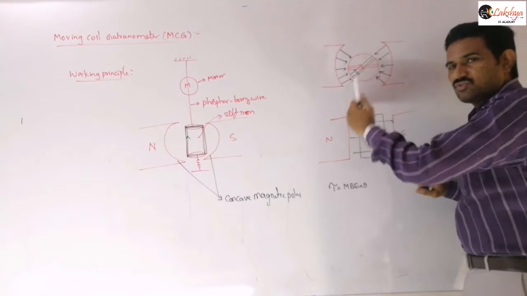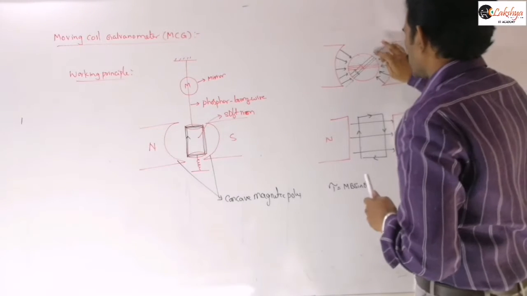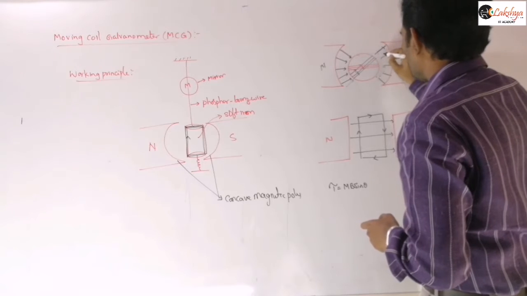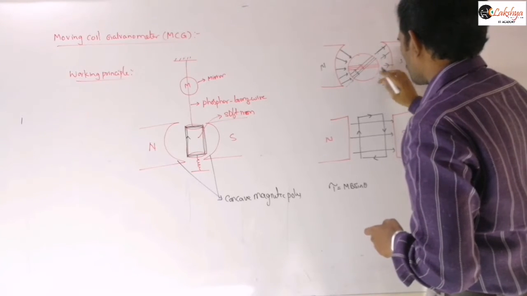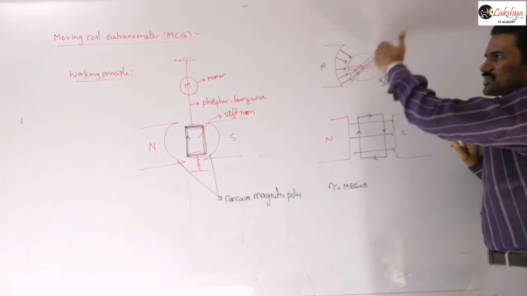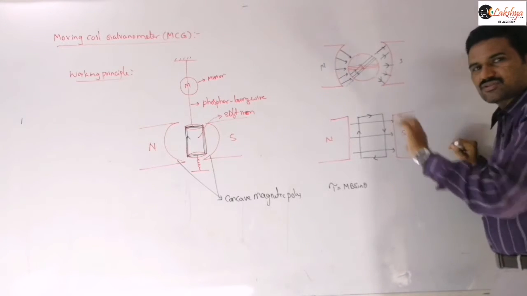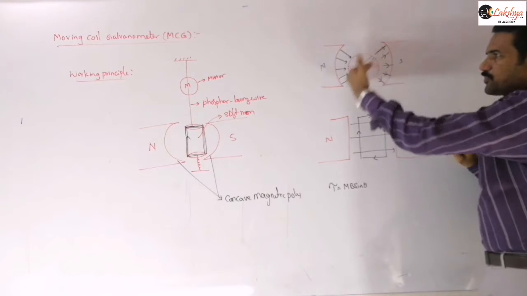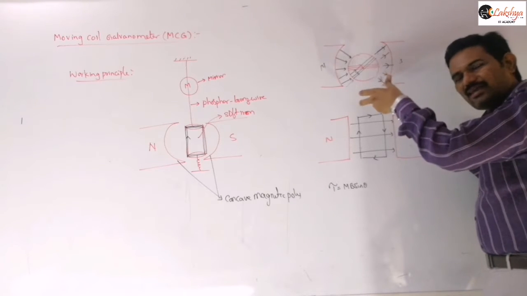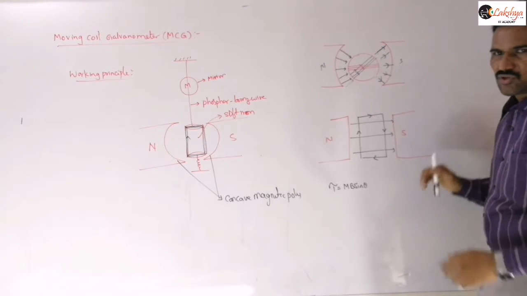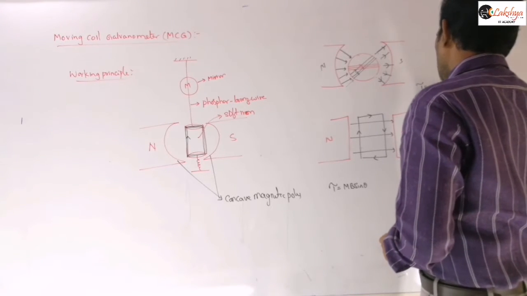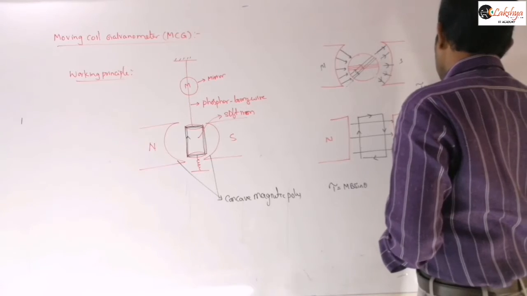If this is the north pole and this is the south pole, then we should represent the field lines like this, towards the south pole. Here this component of the field produces the maximum torque. The torque due to the remaining components of the field will be cancelled. So wherever this coil is, whatever angle it turns, always the maximum and constant torque acts on it. We can write the torque acting on it as MB, which is a constant value.